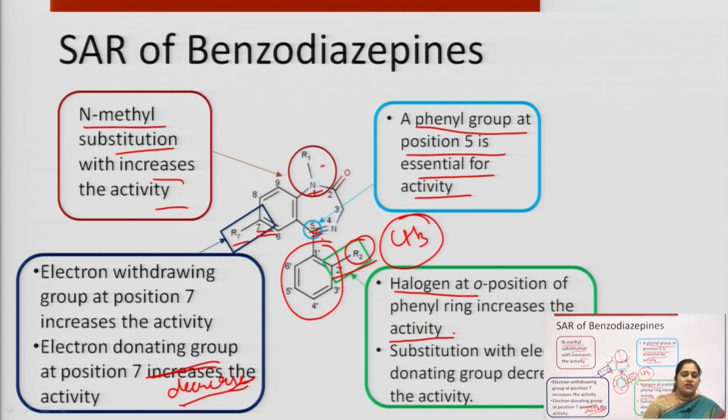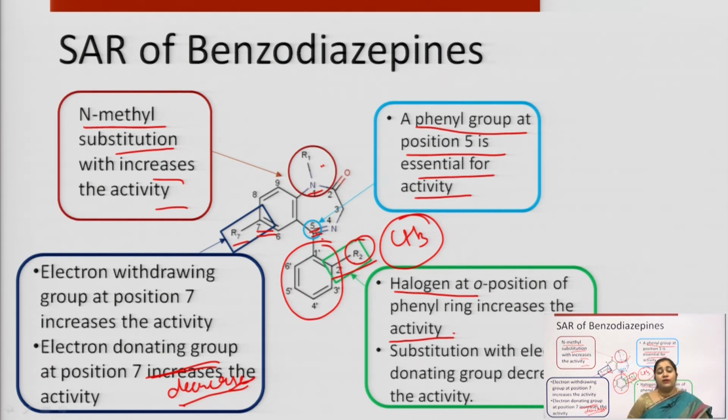This is the structure activity relationship of benzodiazepine. As we have discussed, we have four different targets in case of benzodiazepine. The first one is nitrogen at position number 1, which we have studied. If we do the N-methylation, that will definitely increase the activity. When we talk about position number 5,